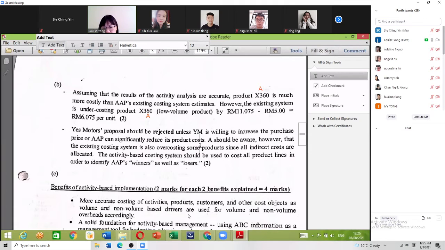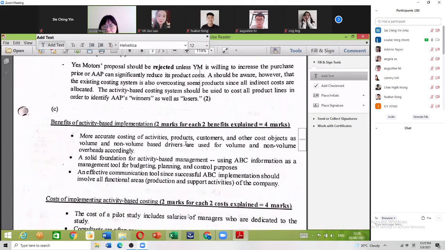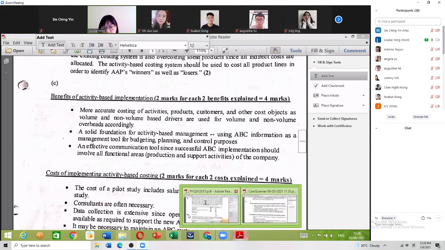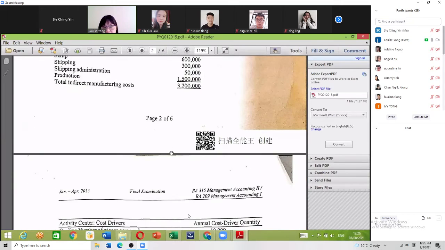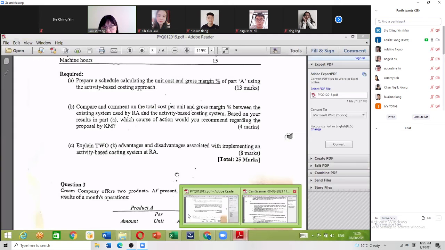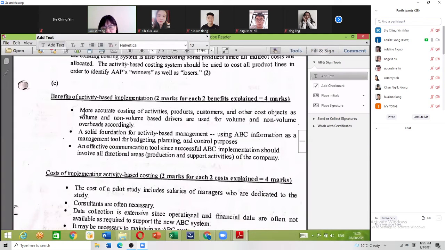Okay, then what are the benefits and the disadvantages? It is mentioned here, right? Explain 2 advantages and 2 disadvantages. So from here, this is the suggested answer. The benefit: activity-based costing of course provides very accurate costing of activity, product and customer. Its costing is more accurate, because why? Because for this